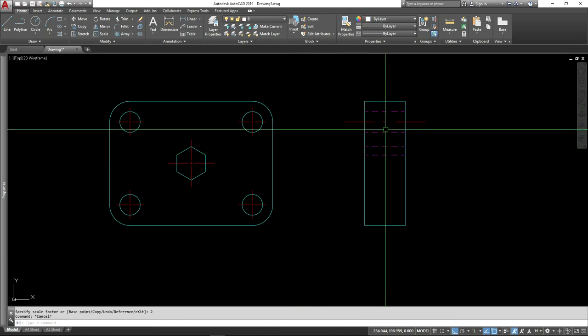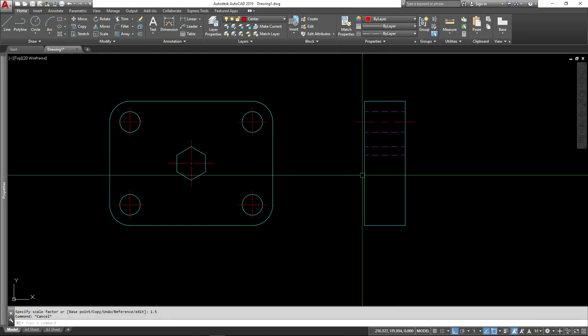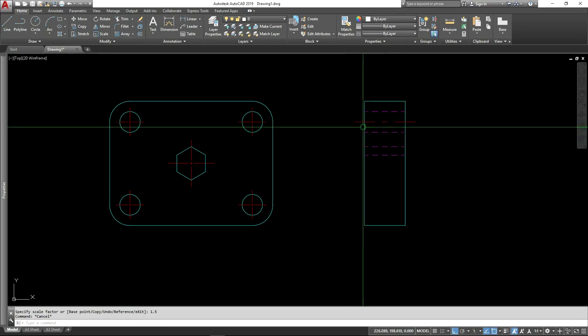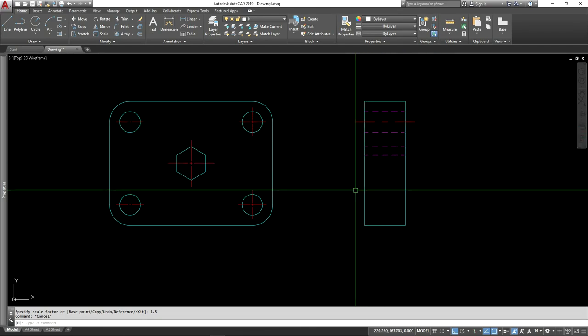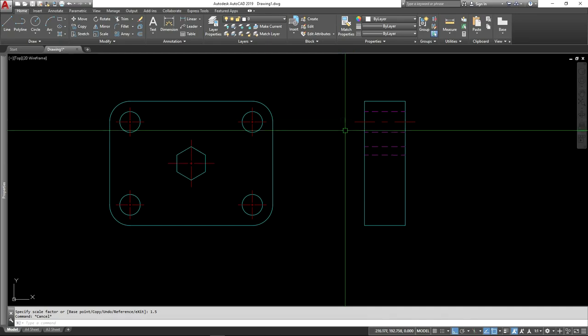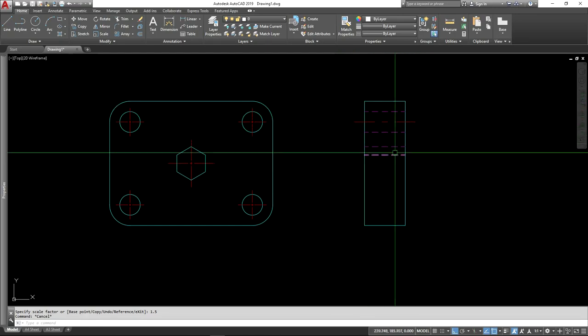Now if I undo that and make it 1.5, 1, 2, 3, 1.5, that is still fine. It's got a nice extension amount, and we can still see that that's the center line. So maybe we'll do 1.5. All good. From there, what I'm actually going to do is mirror these over to the